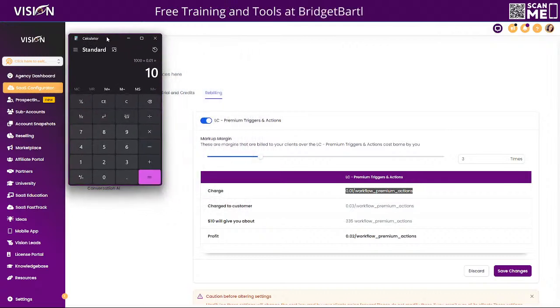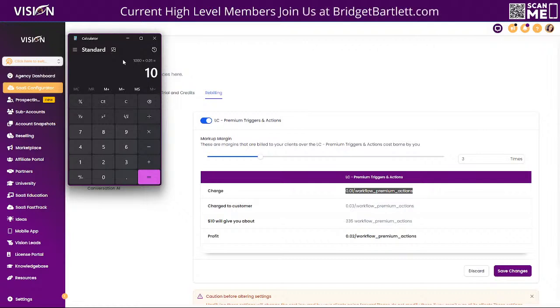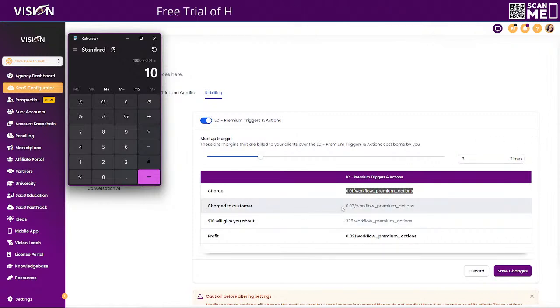Okay, so if you're someone who's like, I don't even think I would use 1,000, or maybe your client is like, I just need like maybe 10 a month or something like that, obviously this is an incredible value, and paying a subscription or even a lifetime plan of Pably would actually be much more expensive. So when you're looking at it like this, you, the agency owner, you're getting charged the 0.01 cents. Okay. Now your customer, though, because you can see here, I've marked up 3 times, my customer is getting charged